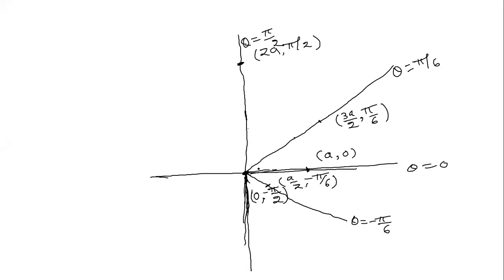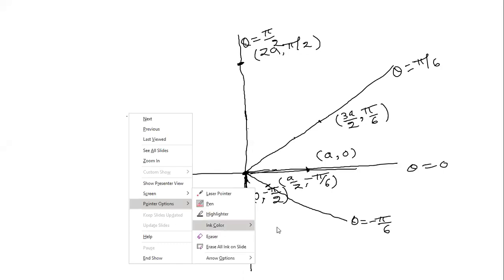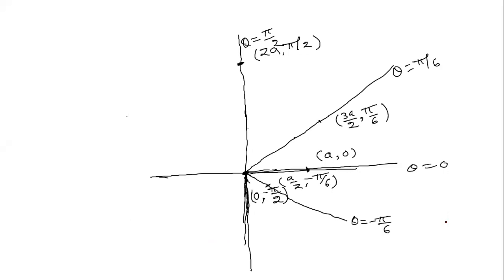So I think I will show by another color. So it will be tangent. Tangent will be like this. It will be like this. Then this is one point, a pi 2 minus pi by 6, and coming here, like that. And then one more point here, 3 a by 2 and pi by 6, like that. And it is going to meet at the next. But what is going to be the nature at this point? That is the problem.